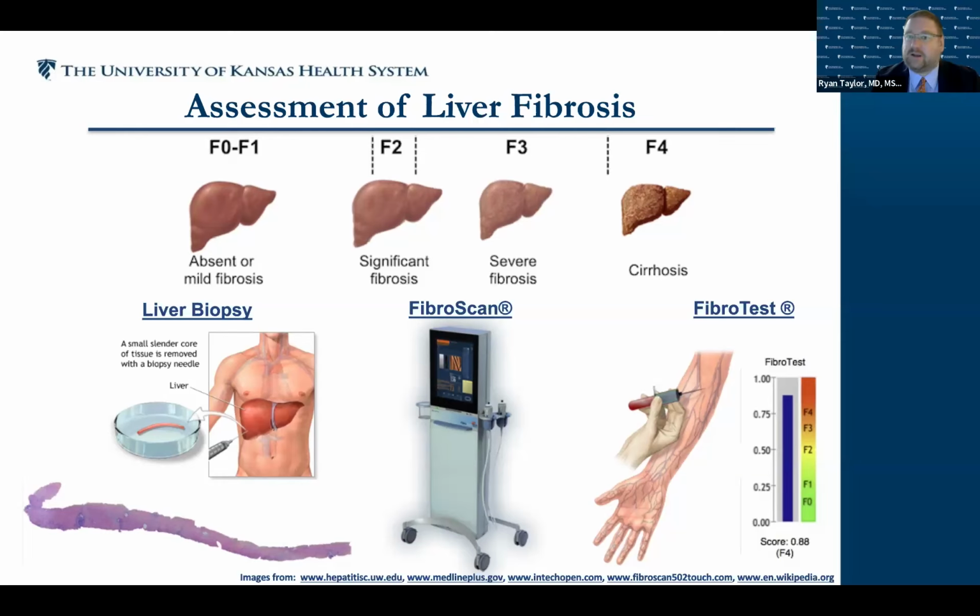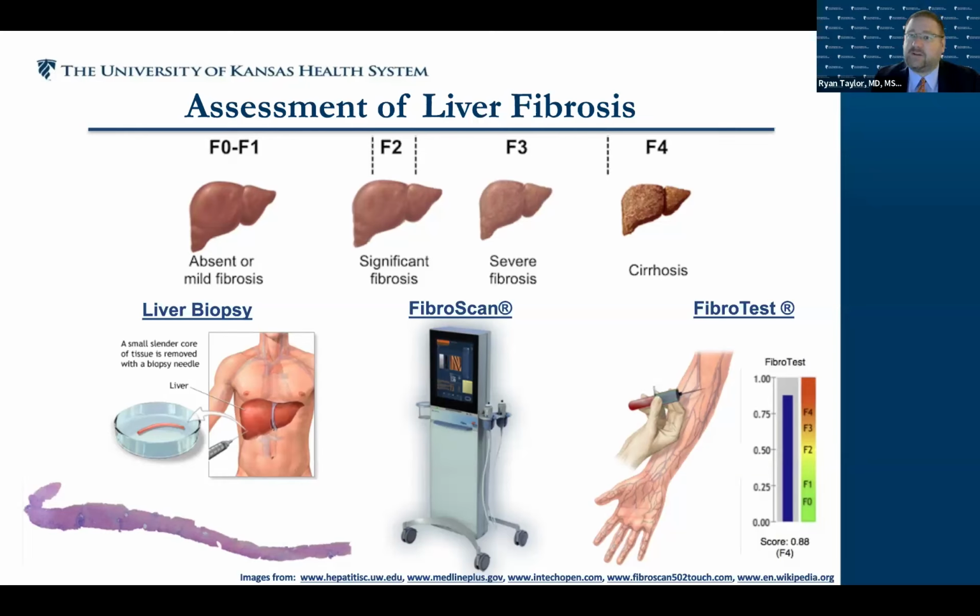And this creates a lot of other tension with patients because they hear stage 4 disease, and that's put in the chart, and then they think they have stage 4 cancer and have 6 months to live and need a liver transplant. And so we always try to explain to patients that this is all a spectrum. Once patients get cirrhosis, it's not that they immediately need a transplant, it's just that they're at higher risk of other complications such as varices, ascites, and some things we'll talk about later.